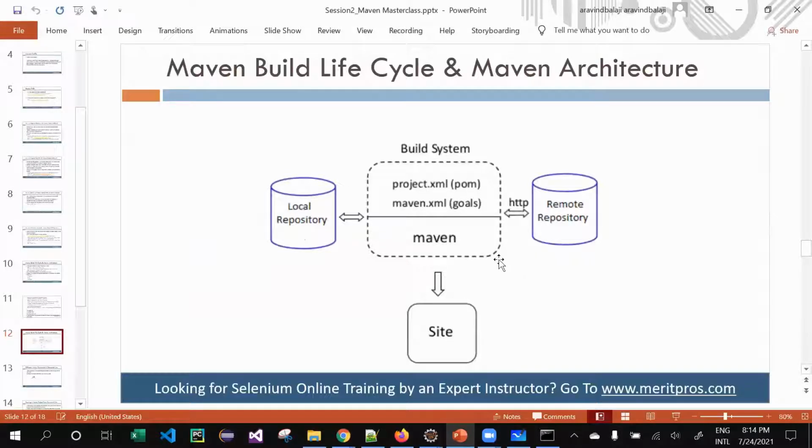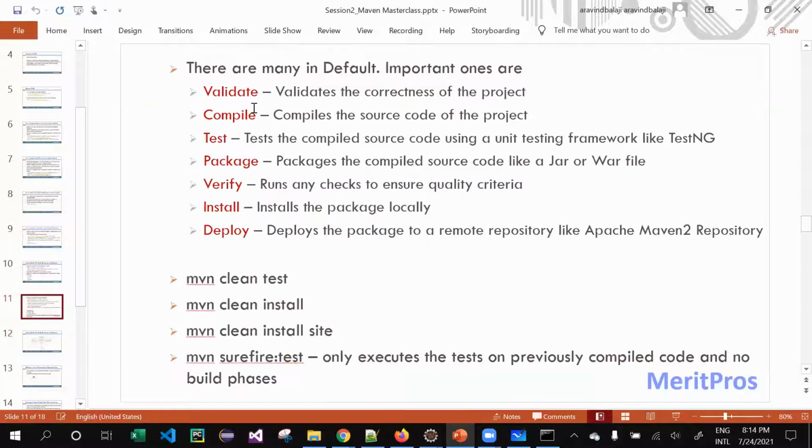From your remote repository, Maven takes it, puts it inside your local repository, and then executes. Whatever goals you have mentioned, depending on that, it executes. Goals are validate, test, compile, package, install, deploy, all these are goals. Can I mention two or three goals? Yes, definitely you can mention two or three goals together, not an issue.